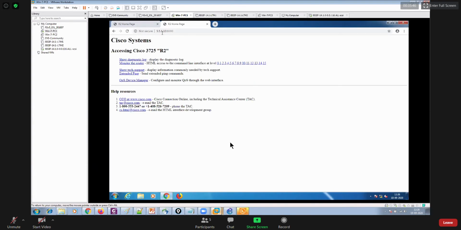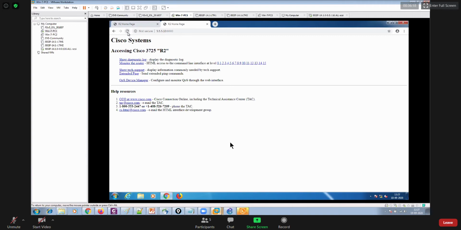So if you put 8000, then you can have access to that real server. And no matter how many times you refresh this page, every time you would have access to router 2 only, because that's server 2. So that's how you can configure static NAT. Static NAT is useful if you want to provide access to a specific server to your internet users. Go ahead and configure the static NAT.